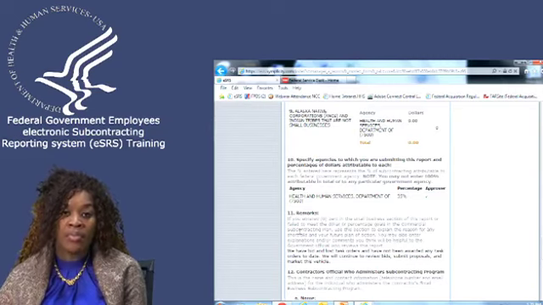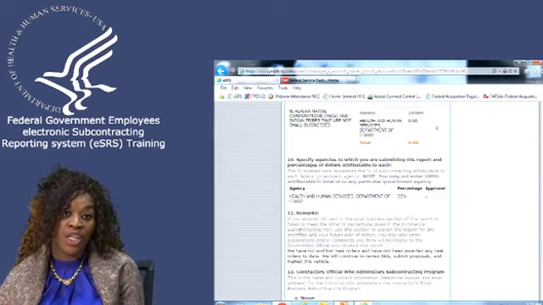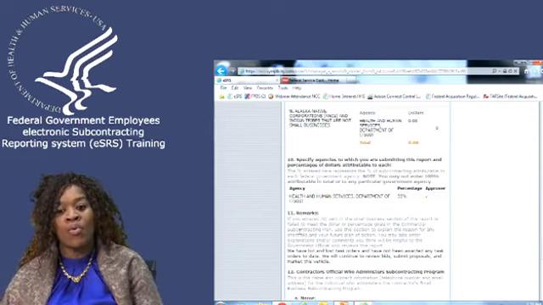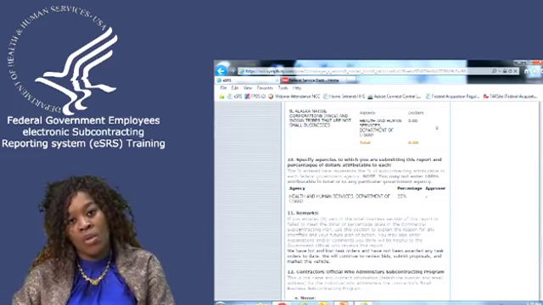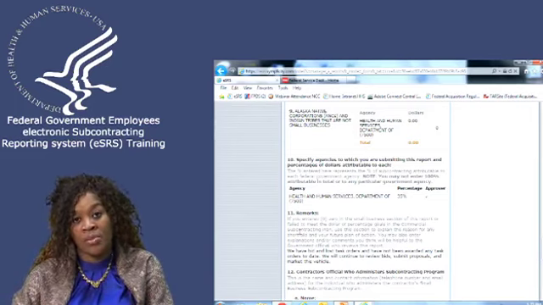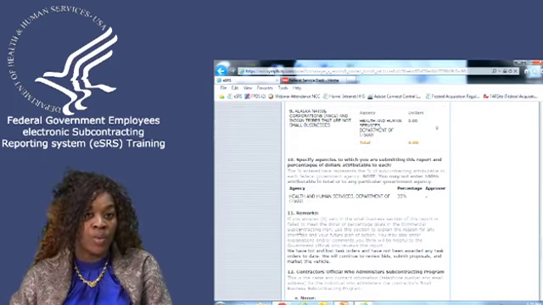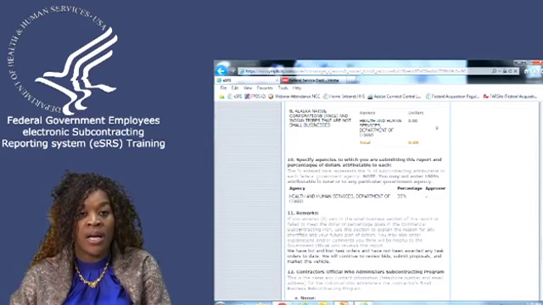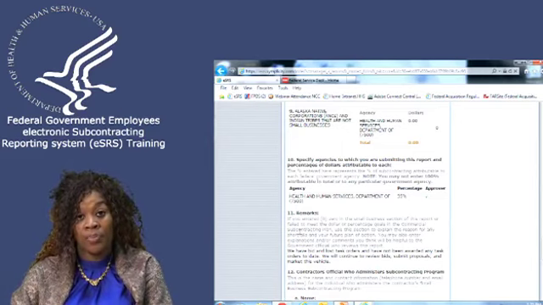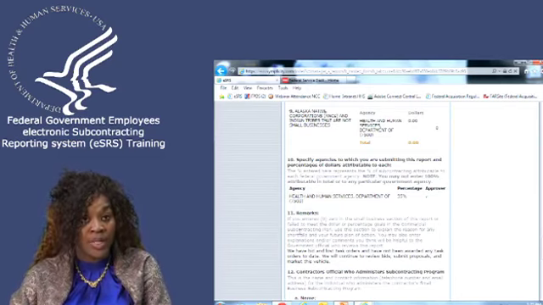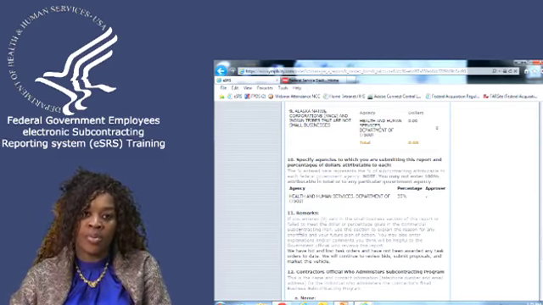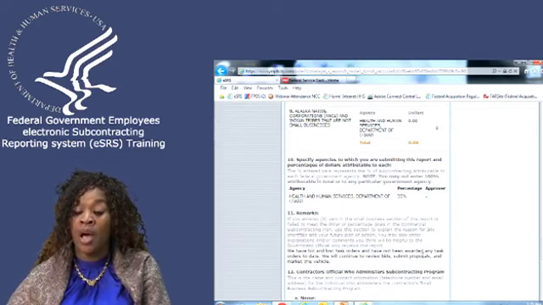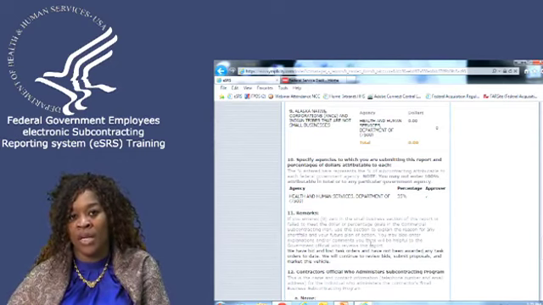A commercial plan is a plan that the company developed for their organization prior to getting any contracts with the government. This company said, we would like to give back to small businesses in social economic categories of small businesses. So this is what we're going to do in our subcontracting arena. It has nothing to do with the government. Because they've already outlined that on a plan, that means they have already begun to execute that plan. So that tells me that this company does not understand that the accomplishment that goes in this report is on the company's commercial plan and not for the work that they've done with the government.